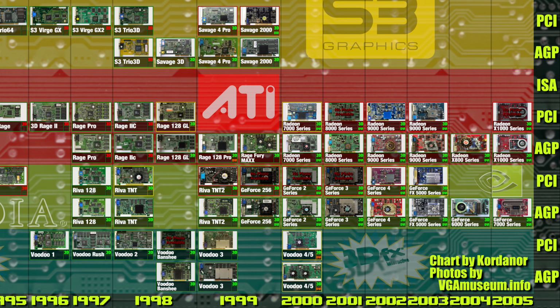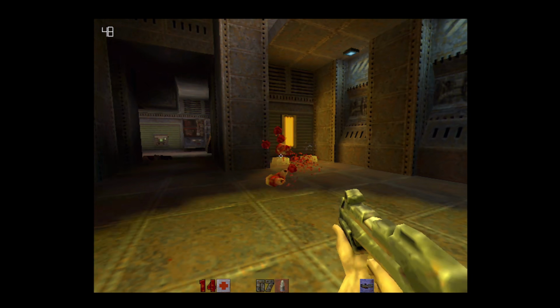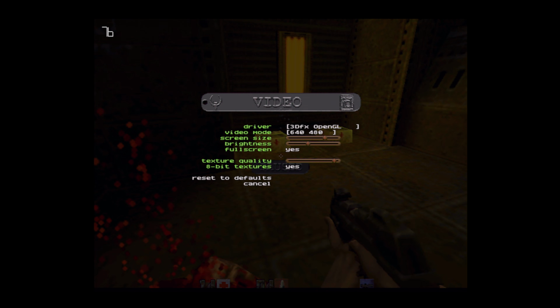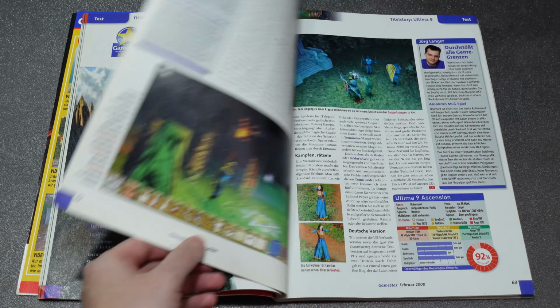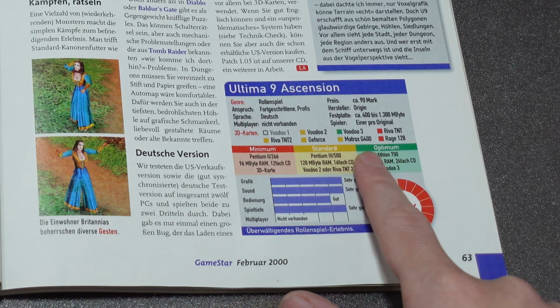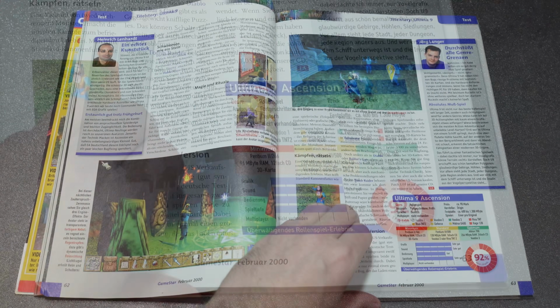Of course, you can also go a year or two further into the future, where DVI connectors were widespread already, and you'd get some more performance on top of that, which you could use to play games more smoothly or in a higher resolution. Especially in the time of the first 3D accelerated cards, you basically had to replace your graphics card every 2 or 3 years in order to play the latest games